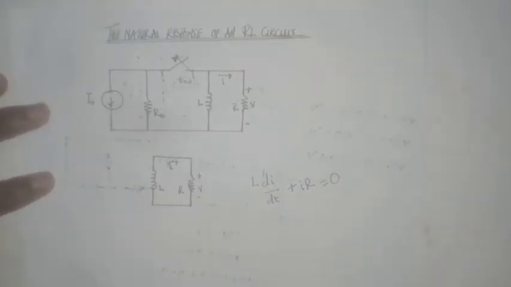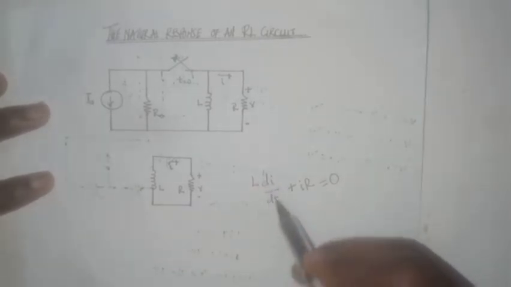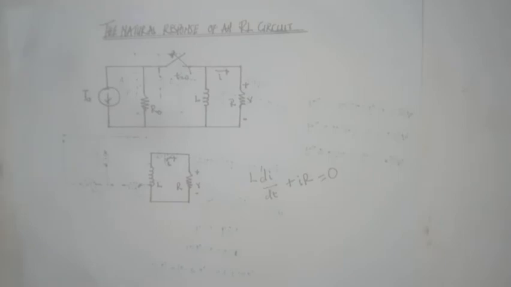So as you can see, this gives us a first order differential equation, since we have the di/dt here. The di/dt is the maximum differential that we have here, and then we can rewrite this as